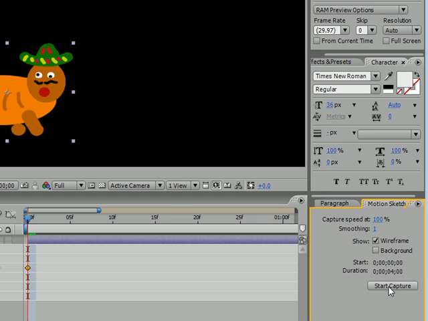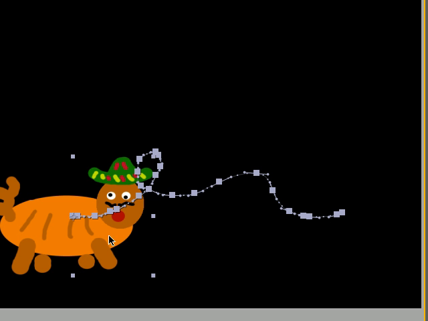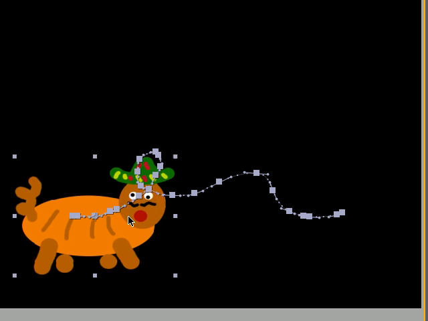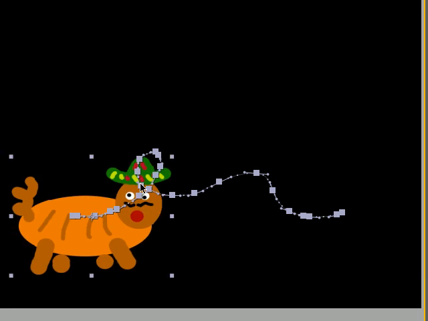Now, once you click Start Capture, your mouse is going to turn into a little crosshair. This means that you're ready to animate and start drawing your motion sketch. So go ahead and click Start Capture, click on your object, and start drawing your motion sketch. As you can see, you now have made a bunch of keyframes that you want your object to follow. So go ahead and click spacebar, and as you can see, Charlie the Chupacabra is following